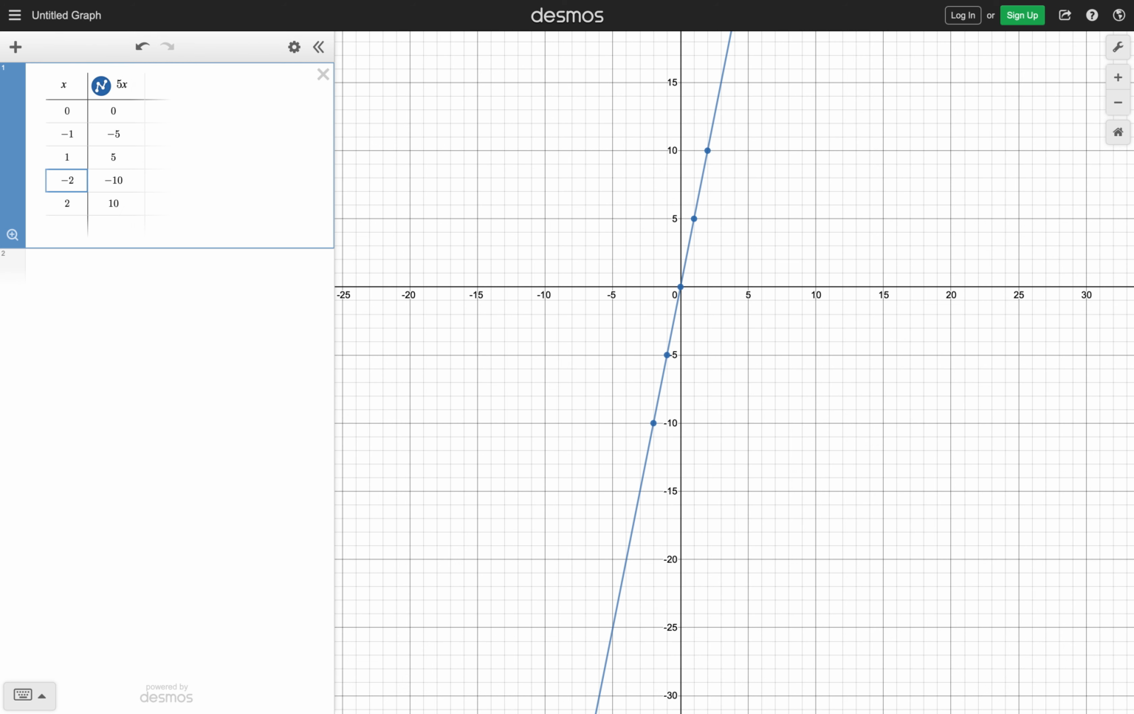And say for negative 2 and 2, we have negative and positive 10. And again, still maintaining opposite sign inputs, you still get opposite sign outputs. So in this case, h of x equals 5x is still going to be an odd function. All right, now in crossing over